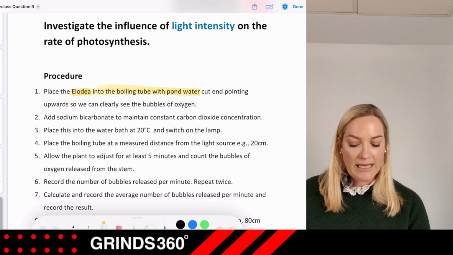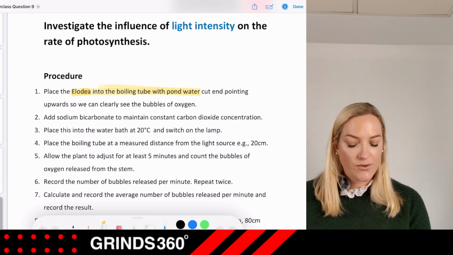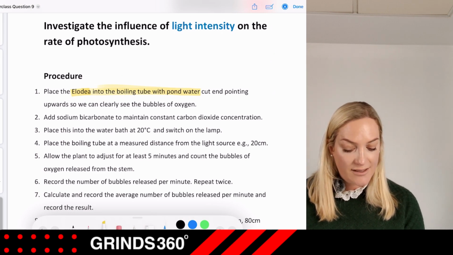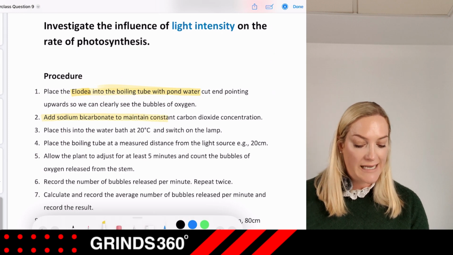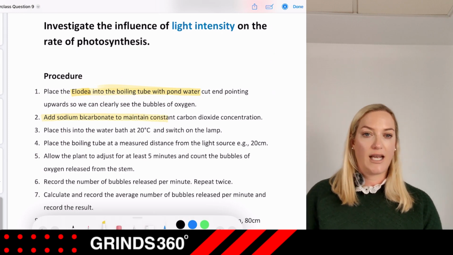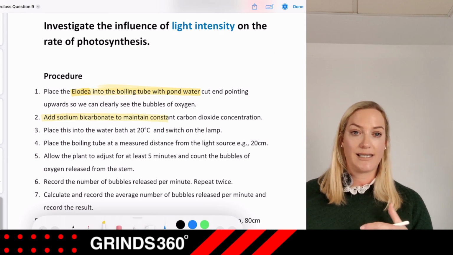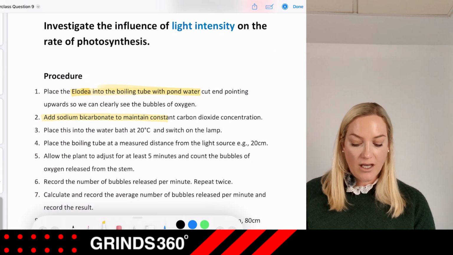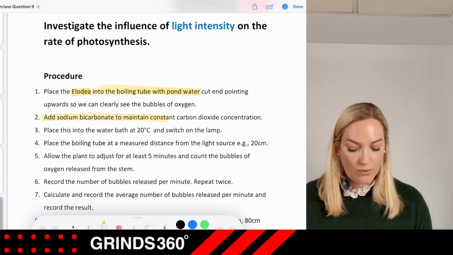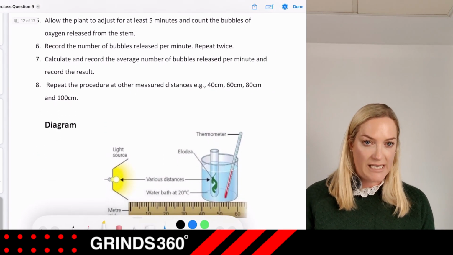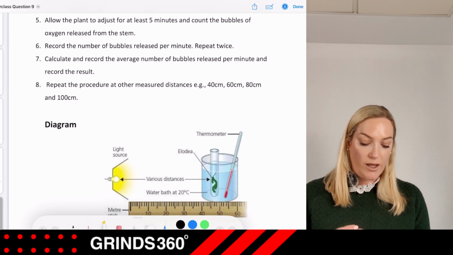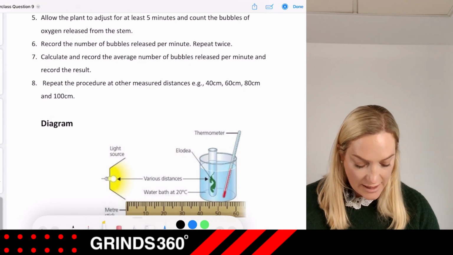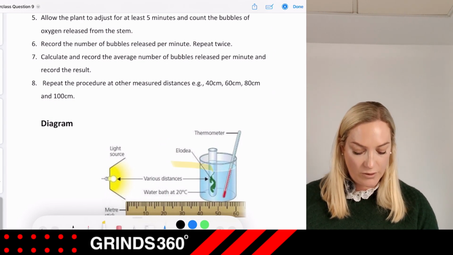Okay. Now, what your teacher may do as well, or what you may do, is add some sodium bicarbonate, and that maintains a constant CO2, which is needed there. You're going to place this. So you're going to place your test tube or boiling tube with your Elodea and the pond water